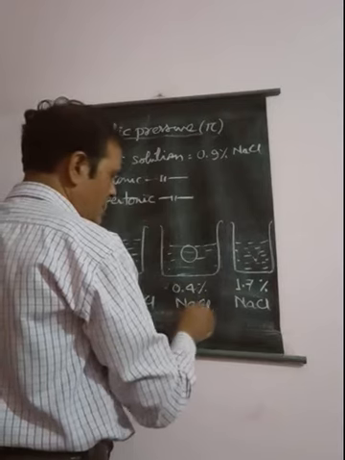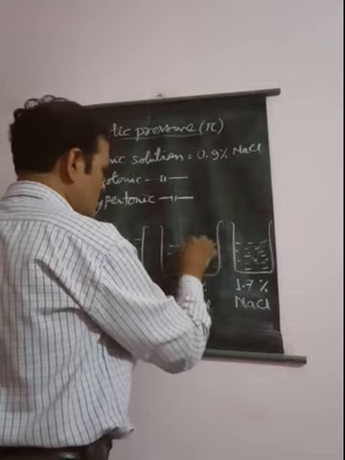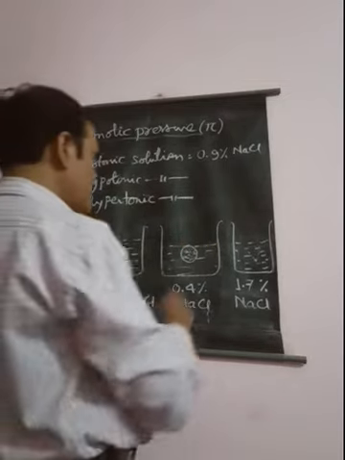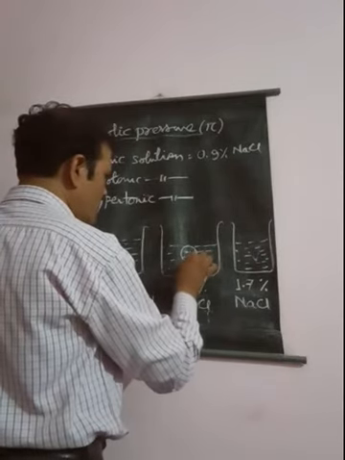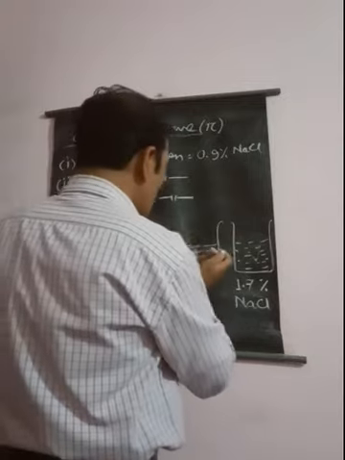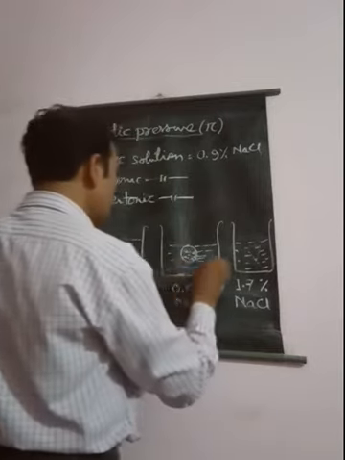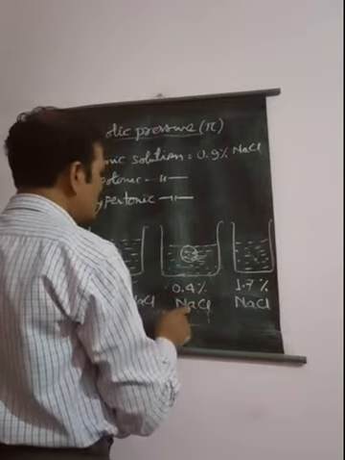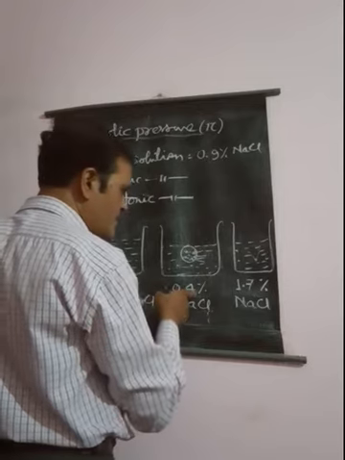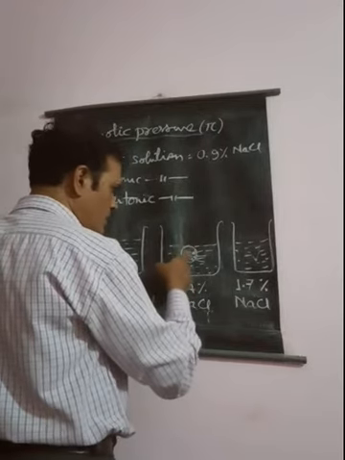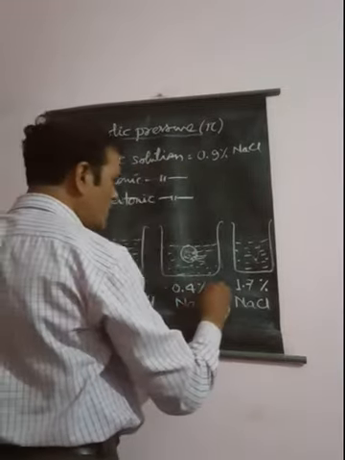And if we put the RBC in this second solution, whose concentration is 0.4% NaCl solution, then what will happen here? Since the concentration of the blood cell fluid is greater than the concentration of the NaCl solution, the particles of water will enter inside this blood cell, and it will swell up, and after some time it will collapse. In this condition the solution is less concentrated. A solution whose concentration is less than the concentration of the fluid of RBC is known as hypotonic solution. So this is our hypotonic solution.